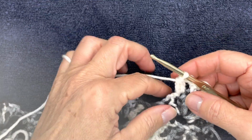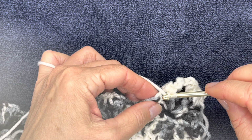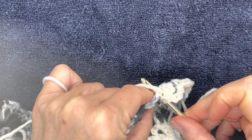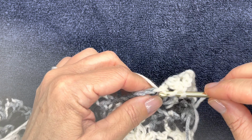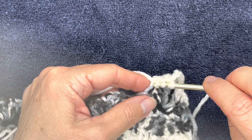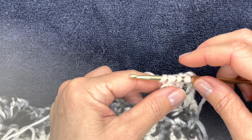It's hard to see in some of this yarn, but I'm going to find it. Here we go, the top of that last cluster. Got under the V. 1, 2, 3, 4,